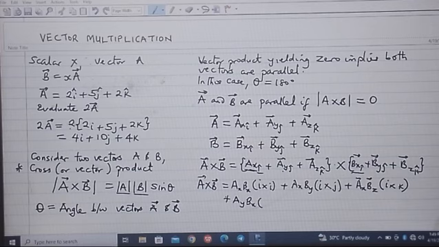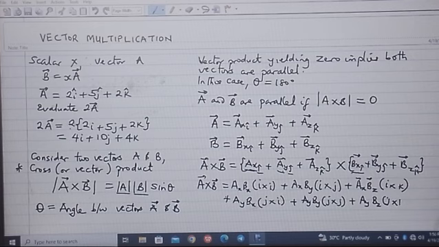So we say AYBX j cross i, plus AYBY j cross j, plus AYBZ j cross k,